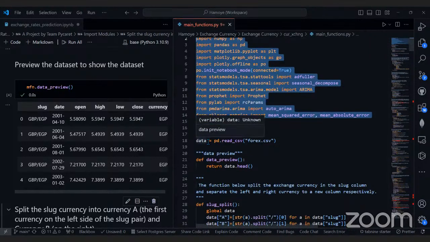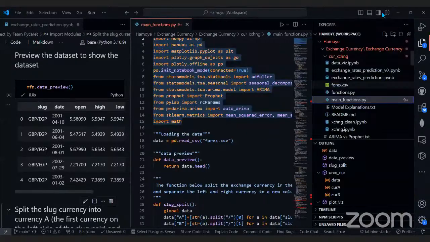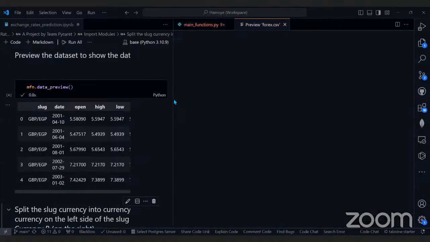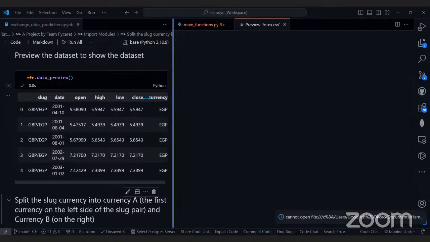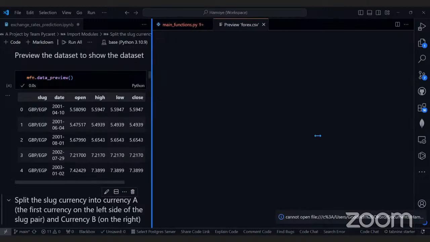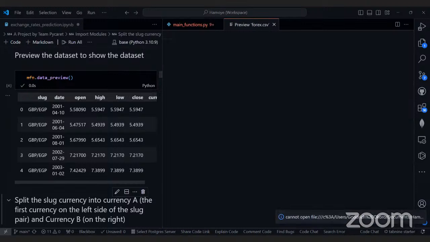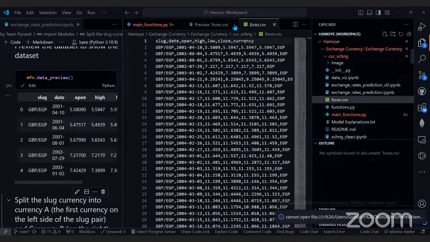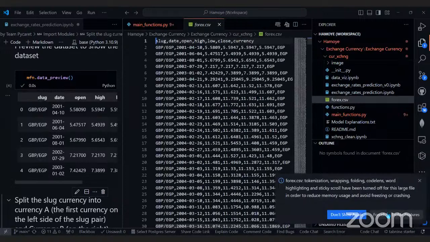This is actually where we're reading our data set. Our data set is a Forex data set. Let me just open a preview of it. It's large, so it's going to probably take time. Cannot open it. Hold on. I can't open the preview.